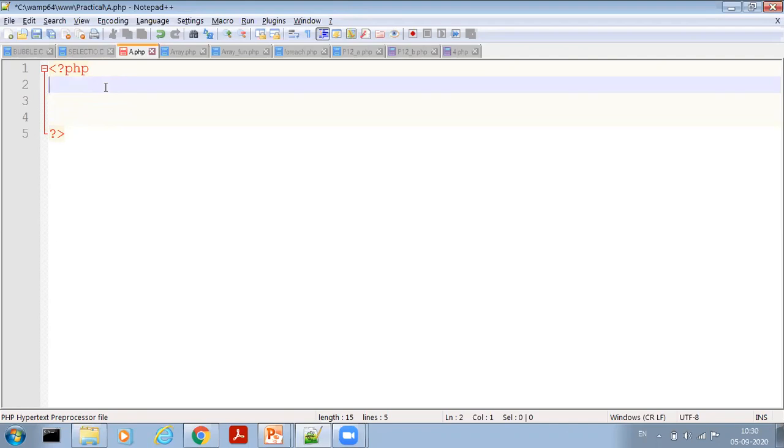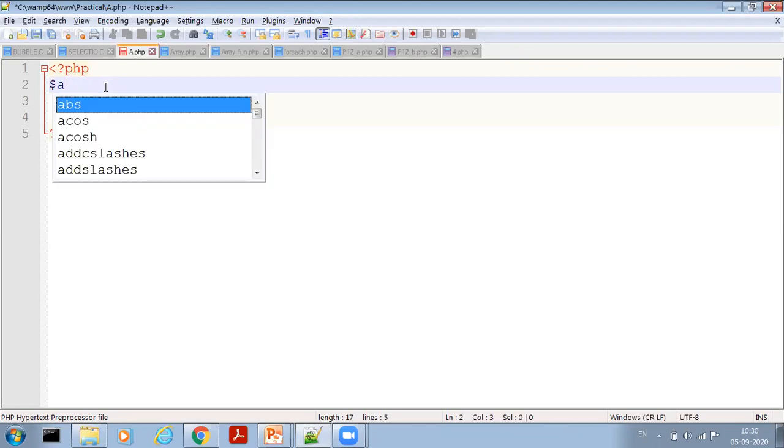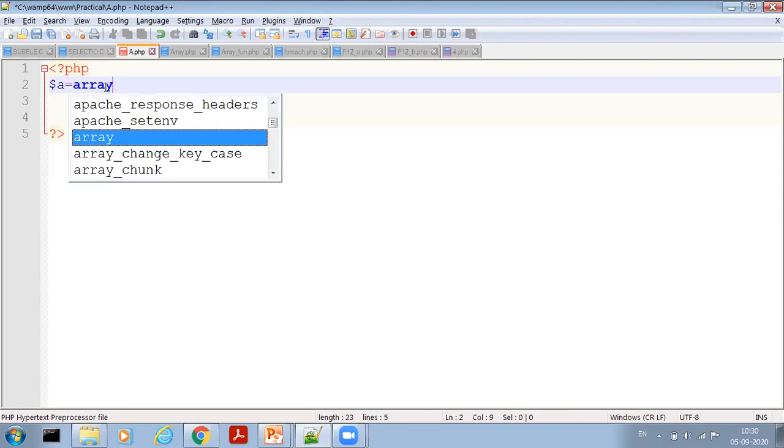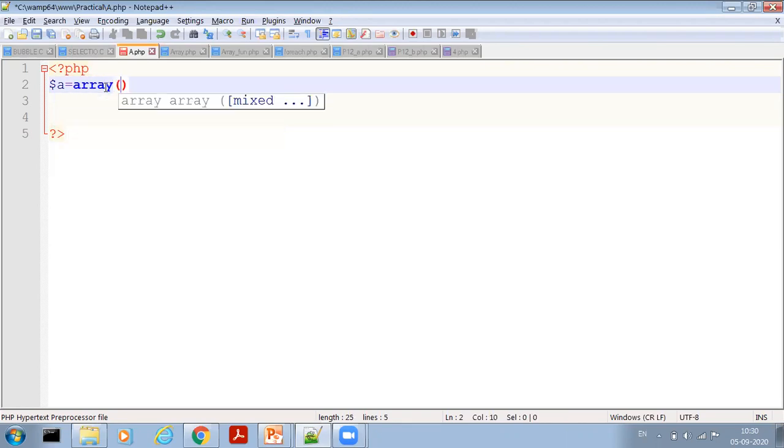First array with a numeric key. So I write one variable $a equal to, create an array using the array function. Then in brackets I write a numeric key.